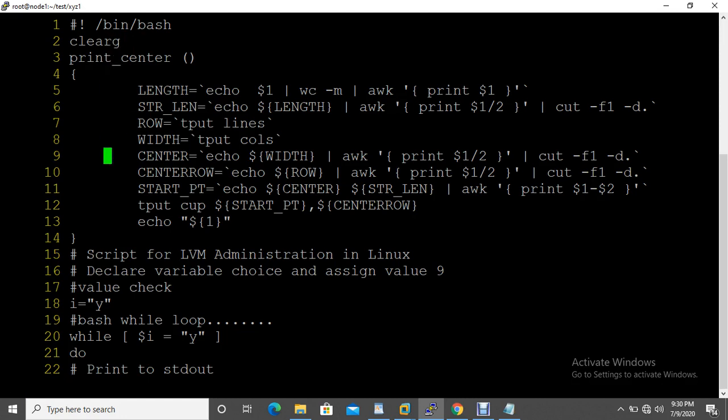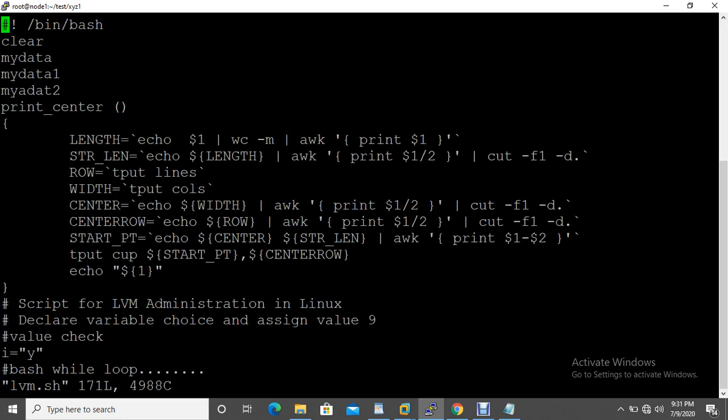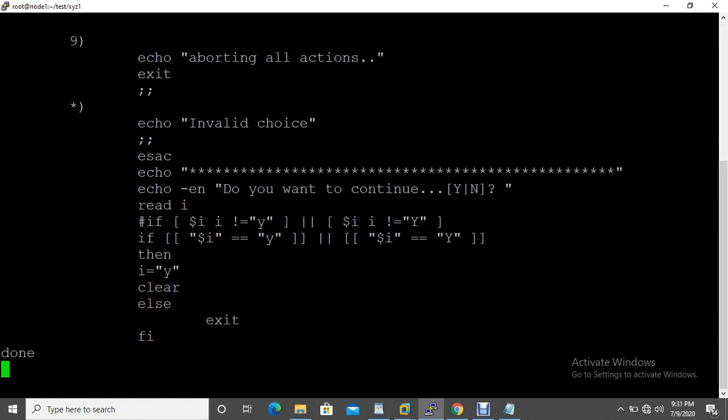Suppose this is a file and you want to go to the end of the file, because this is a big file, right? Then you have to press Shift G. I think I'm in insert mode. Let me come out first. Oh, yeah, I'm in caps, that's why. Yeah. So you need to go to the end of the file, then you have to press Shift G. You can see it's the end of the file.